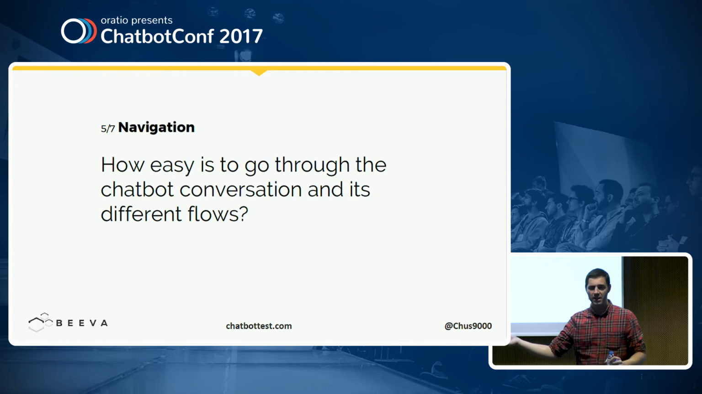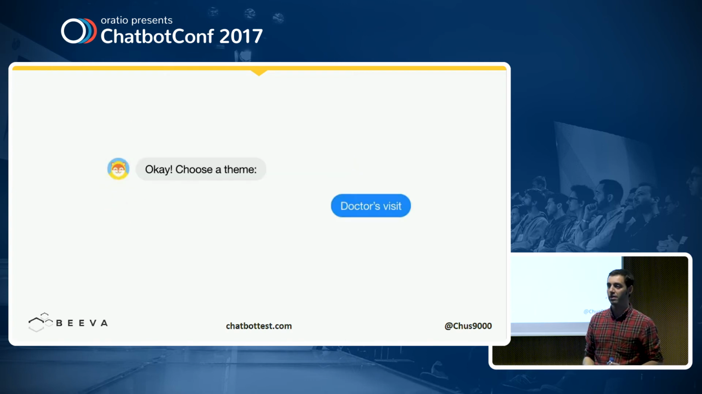OK, about navigation. OK, the fifth category, there's only 2 left, and then we will have beers. Actually, 3 left. Navigation. How easy is it to go through the chatbot conversation and its different flows? Okay, I know it's also a really complicated issue because users want to do things they are used to on traditional interfaces, and it's more difficult to do it in a chatbot. But for instance, in this